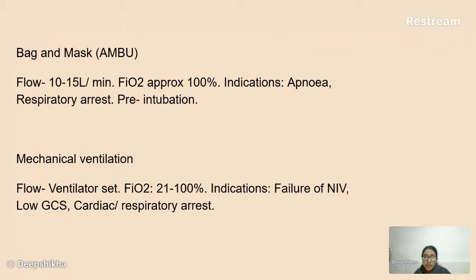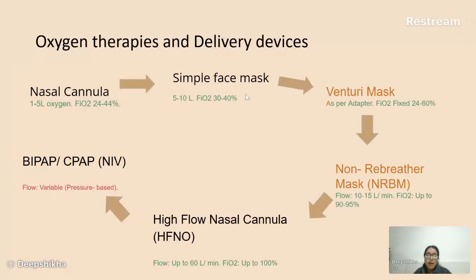Mechanical ventilation, your anesthetist would do that, and again, FiO2 is all the way from 21 to 100%. It's controlled, used if your NIV doesn't work, if you've got a low GCS, or if you're arrested, cardiac or respiratory arrest. So yeah, I can actually add a little slide at the bottom if you guys want the slides